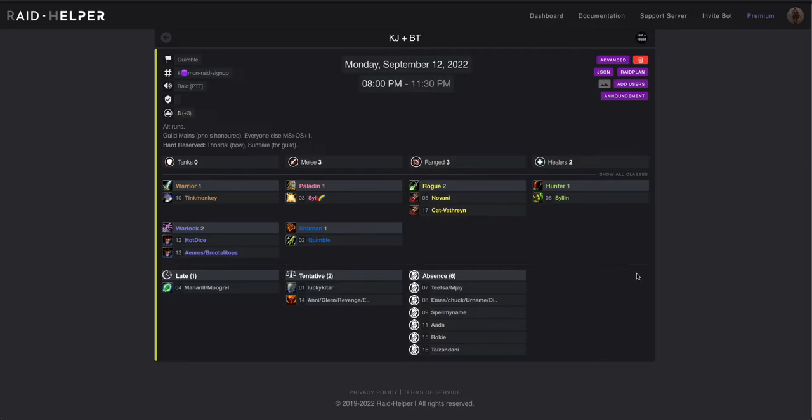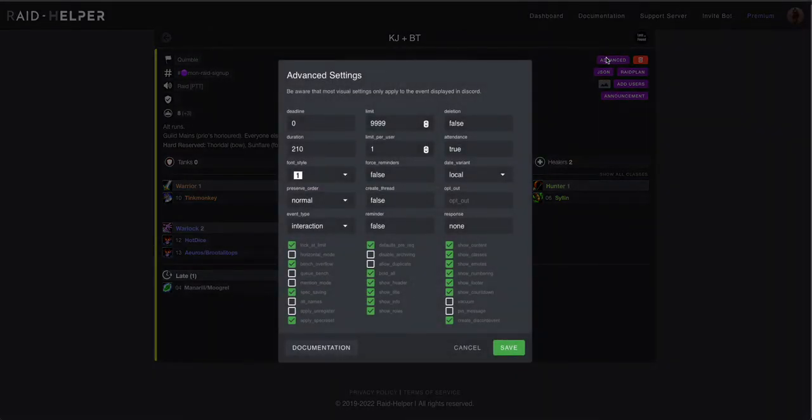So from an existing event in your Discord, you can just click the web view at the bottom of the sign up, and it'll bring you here. So, how do I make my bot send out a 15-minute warning? I just go to advanced, and where it says force reminders, you just type true,